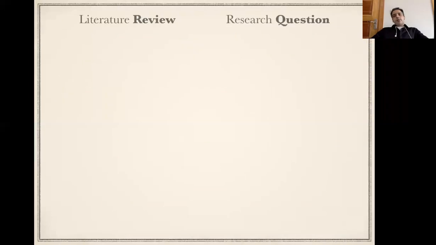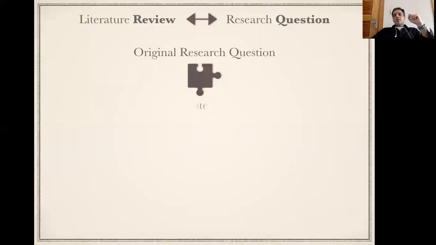Literature review and research question, I'm sure you are now able to understand how critically interlinked these two elements are with one another. Without reviewing the literature, it is not possible to generate a valid, novel, feasible, significant, focused, justified question. Because we need to see what is happening and where the gaps are. We need to hit those gaps. Original research question directly relates with the literature review.